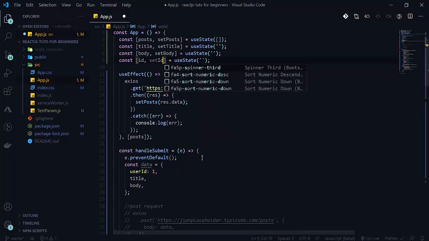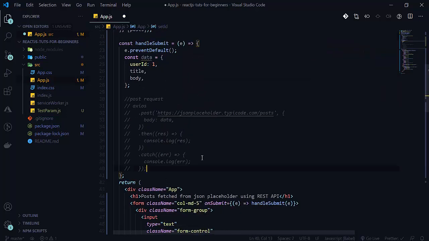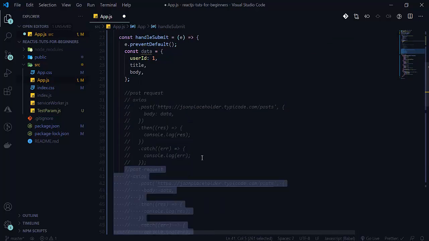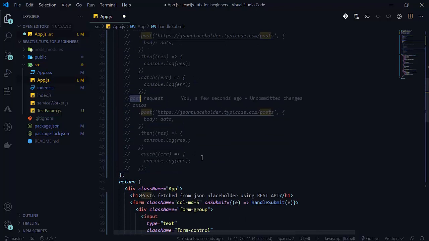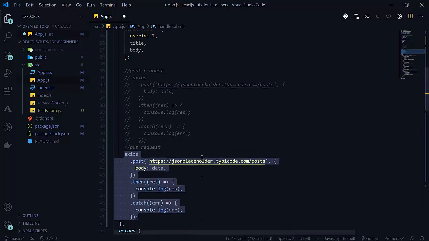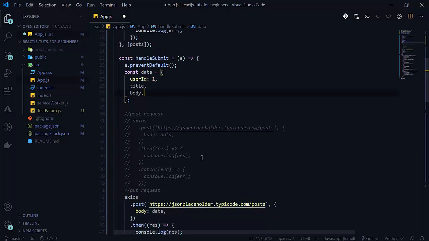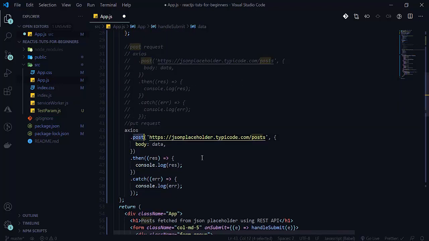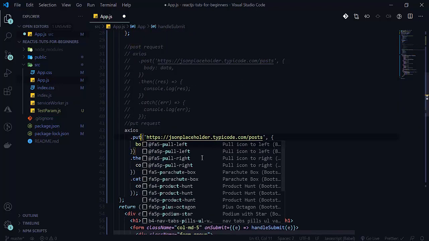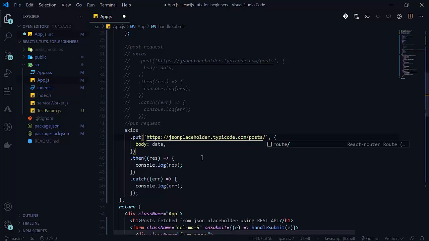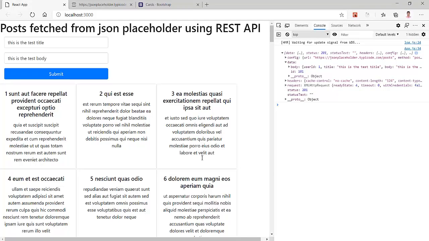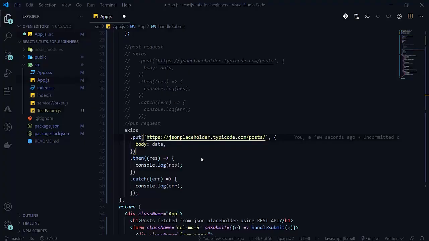Like this, now we will send our put request. Put request is used to change and update our data. In the put request there will be one more thing, that will be our ID, but we will not use ID here. Here we want to change our first data, so we will mention which ID we want to change.